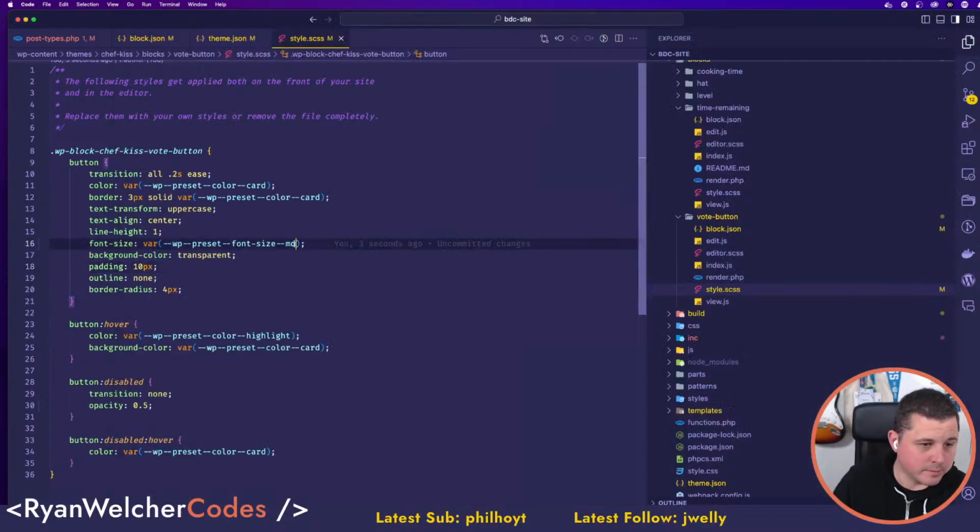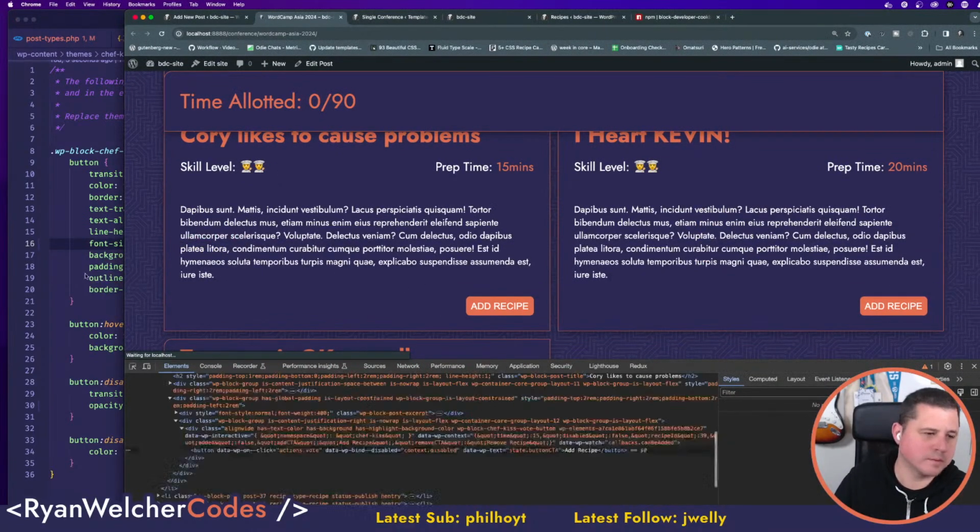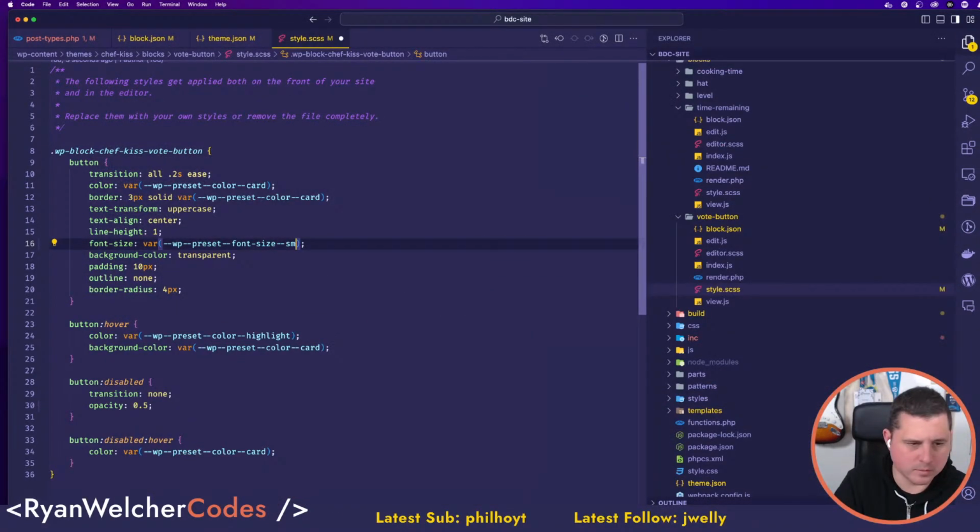It's a little bit too big. Base maybe? Base. Still too big. I'll go small.